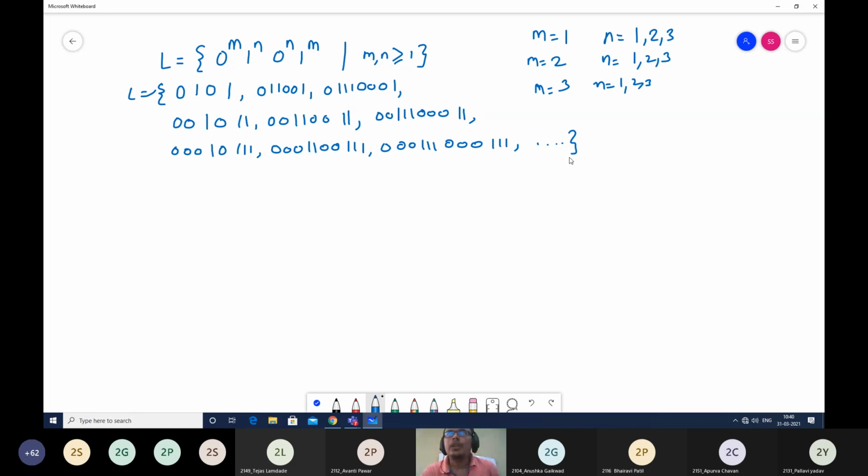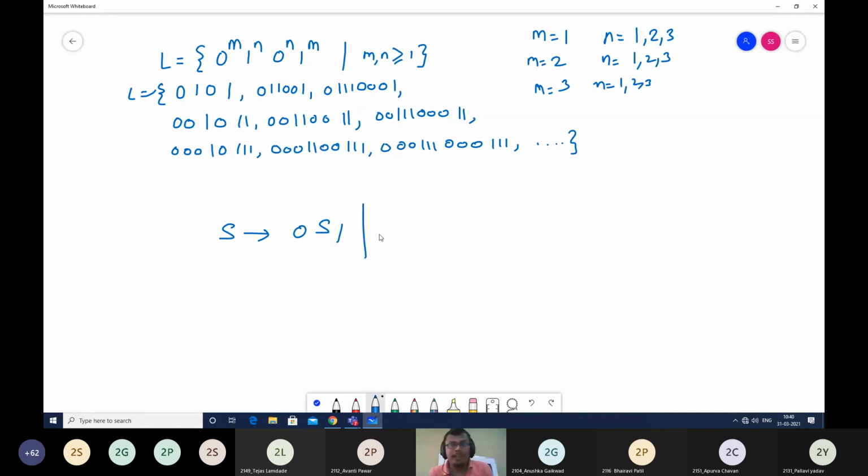Okay. So now we need to write the grammar for this. Right? So the outside number of zeros should be maintained with the outside number of ones. Correct? So this is the same as S gives 0S1. This will help me to maintain the same number of zeros outside with the same number of ones. And if I want to repeat more zeros and ones, I'll keep on repeating S gives 0S1. So if I have 2 zeros, I'll apply S is equal to 0S1 again. Are you getting this?